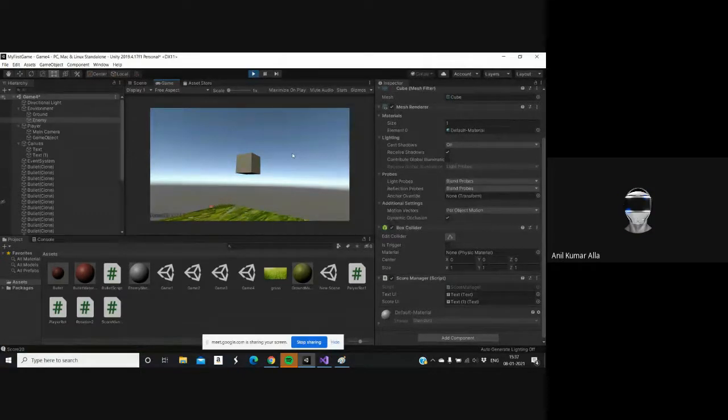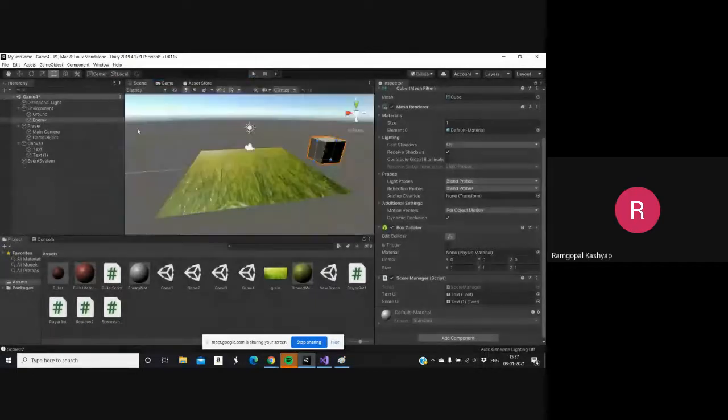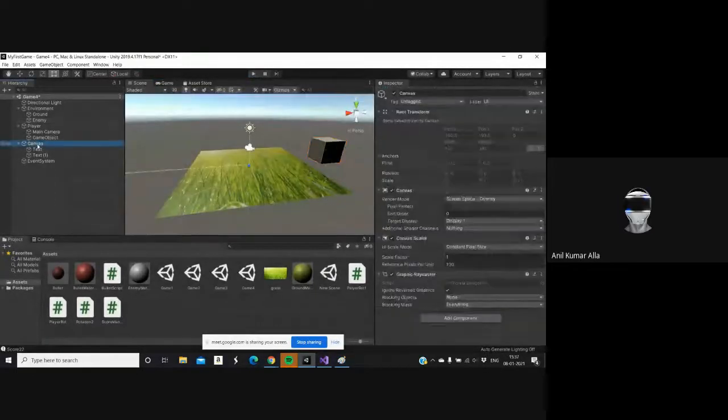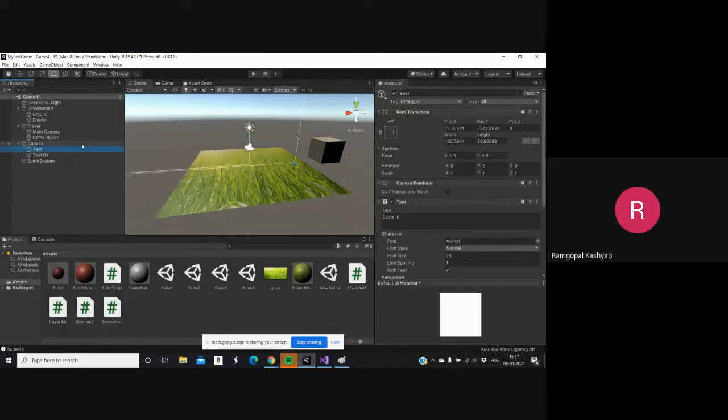See, now actually both your score and time are in the same place. That's why both are mixed here. Can you see this down? Yes, sir. So how can I? So now put it in off mode. Yeah. So go to your scene. So click on the text one. Click on the text one and text one. Yeah. Text one. Next one. Yes, sir. Yeah. Now, no, just zoom out